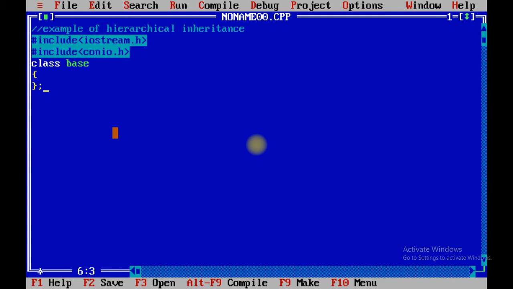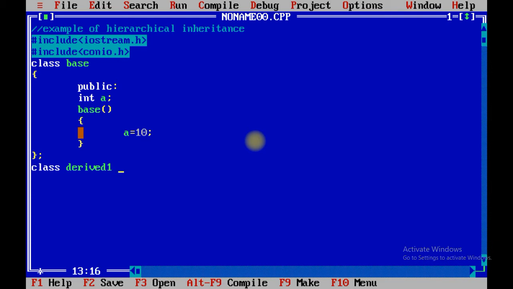Inside base class, public integer a, base constructor. This thing we have already done in the previous videos. a equals 10, then class derived 1.